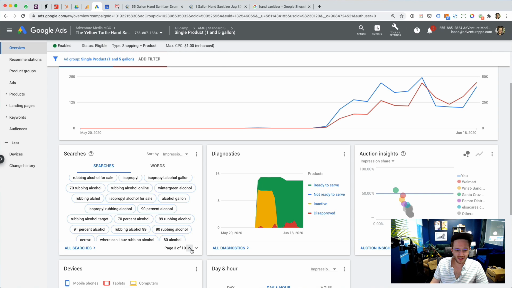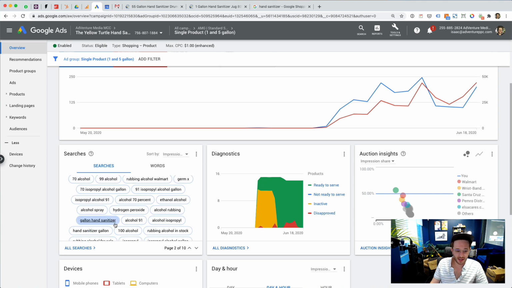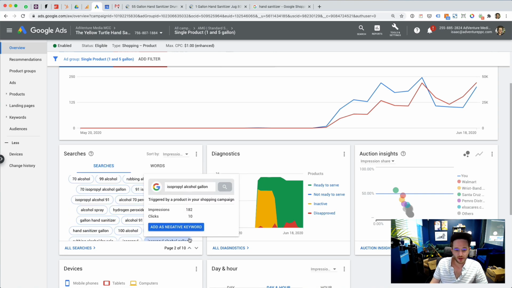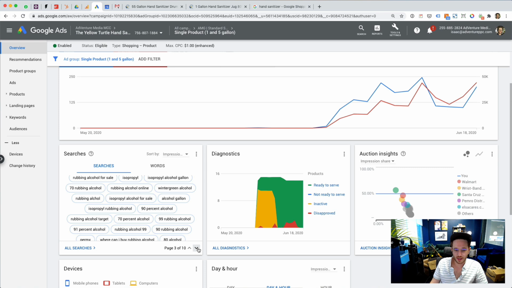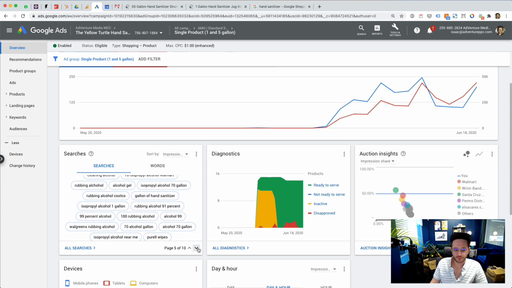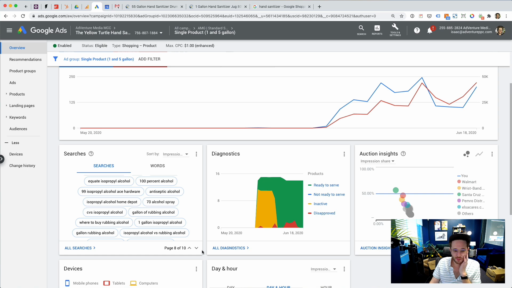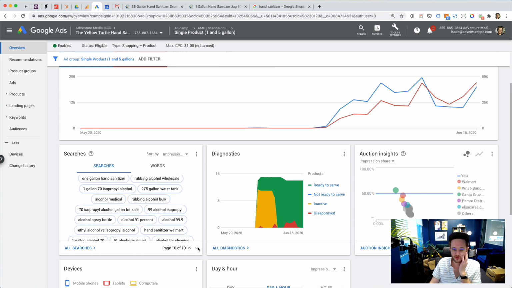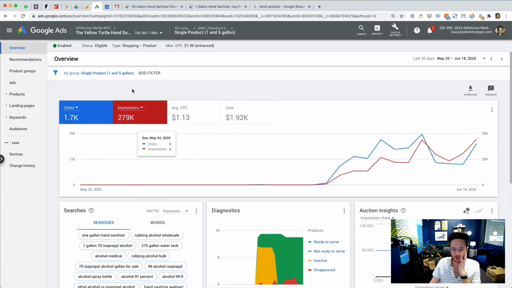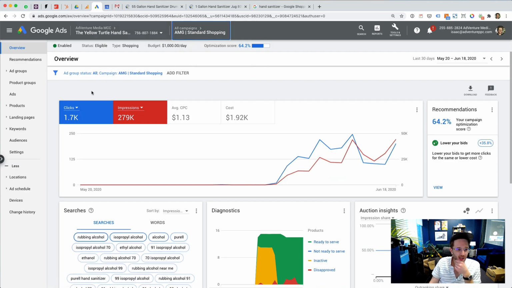Most of this stuff is not related to, I see gallon hand sanitizer. Most of this stuff is just not related to the stuff we sell, which is not an issue in how we're managing the campaigns. It's much more an issue in the feed itself, right? So that's the biggest thing that happens with shopping. It's the feed itself. So I went in and I launched